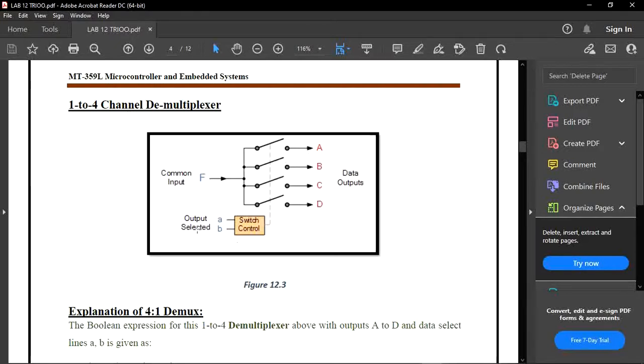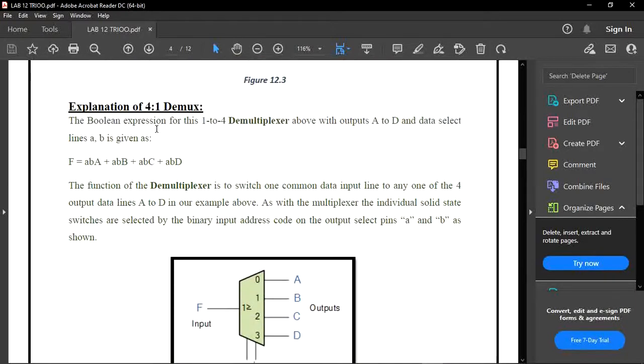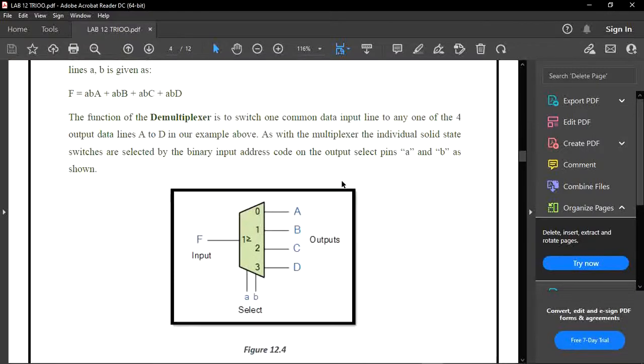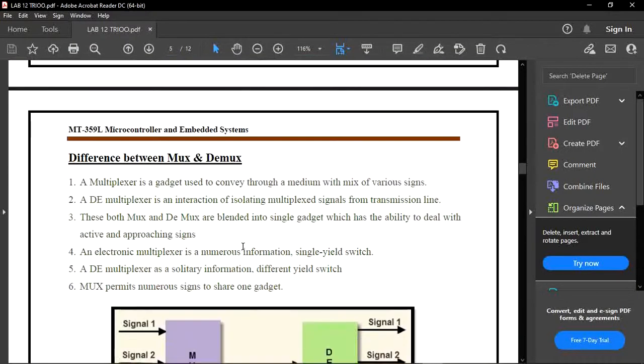We have 2 select lines, A and B, that control it. This is the explanation of the demultiplexer using a Boolean expression. This Boolean expression is obtained from our logic gate circuit. So this is our single input giving us 4 different outputs with the help of 2 selection lines.